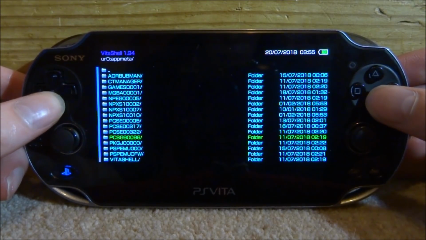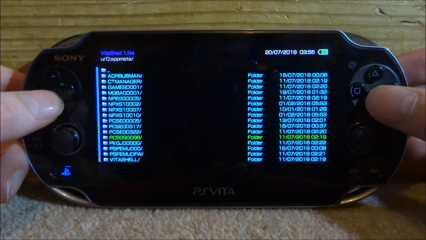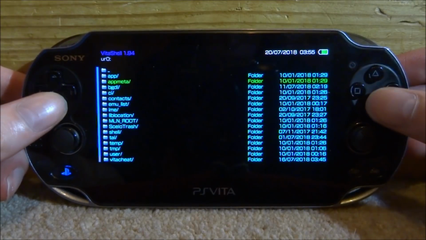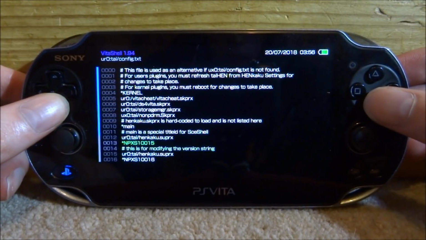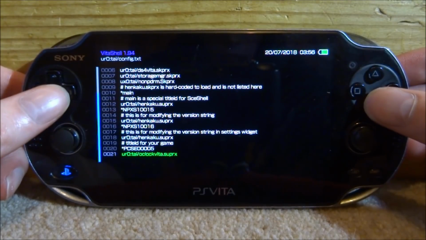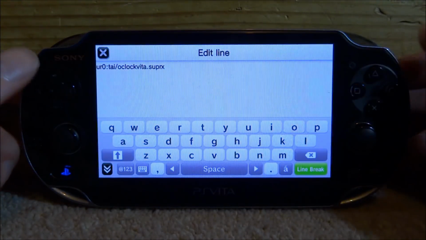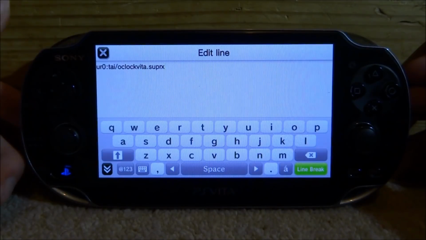So you can put this on as many PS Vita games as you want. Keep in mind this won't work with PlayStation 1 or PSP games. So let me just go back to the TAI folder, back to the config.txt. And now the last line of text you need is just where the plugin is. So URO or UXO, depending on where it is,